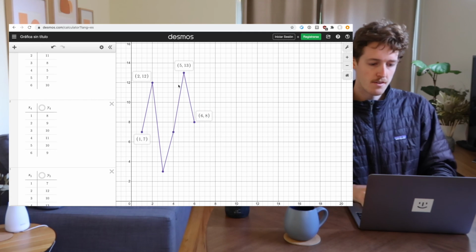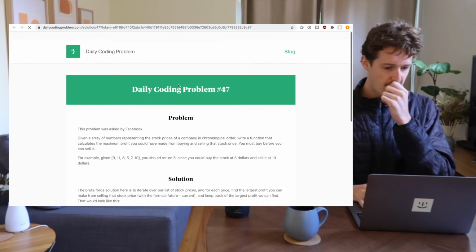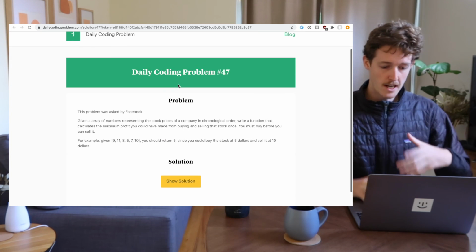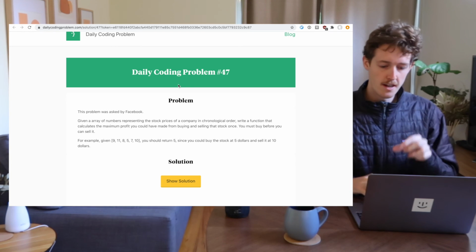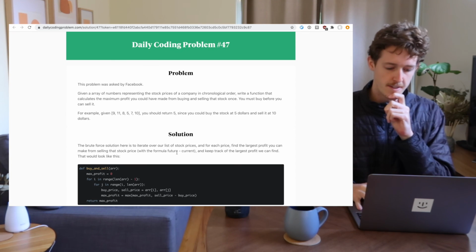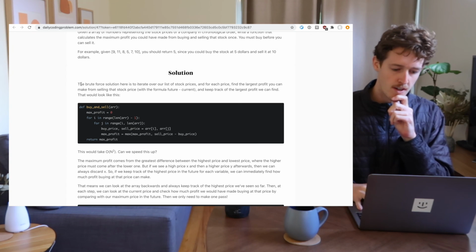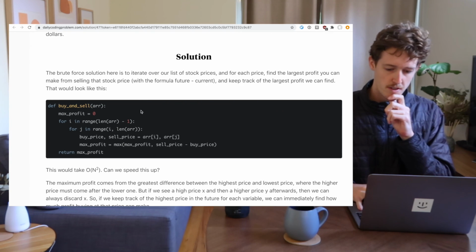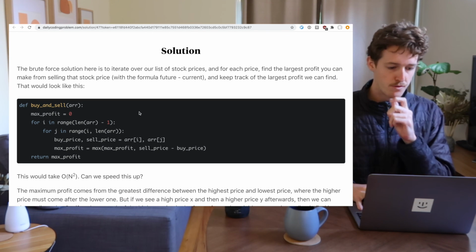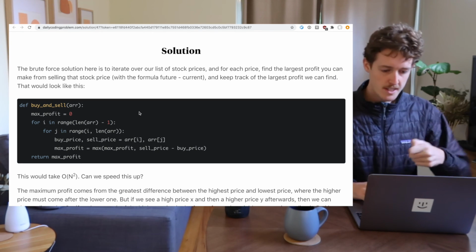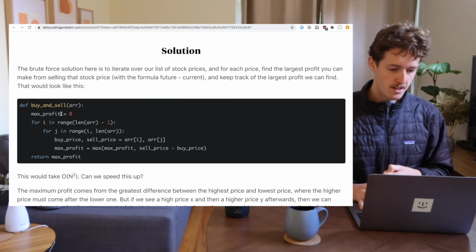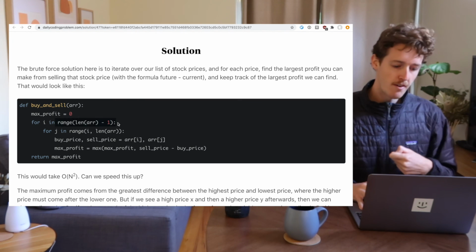So let's have a look at the solution. Like I said, we're doing Daily Coding Problem number 47. So let's have a look at what they said. All right, I'll just zoom in a little. The first thing they say is they do a brute force solution, right? Very similar idea. They call it buy and sell, where you iterate over each